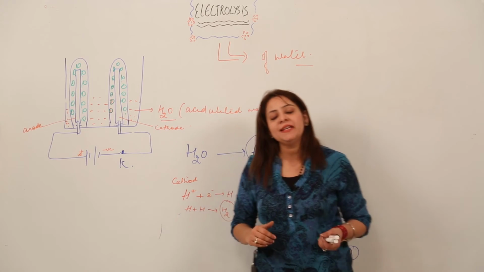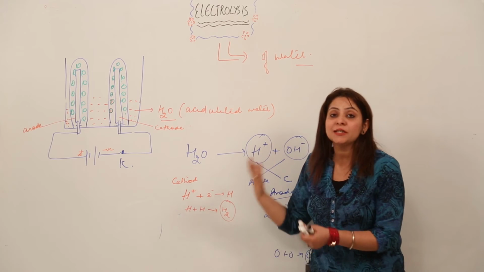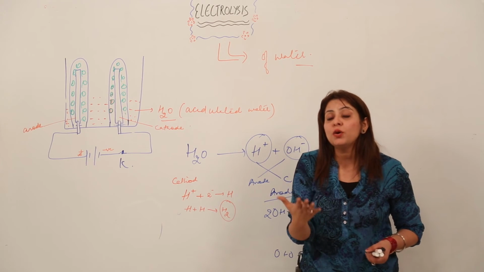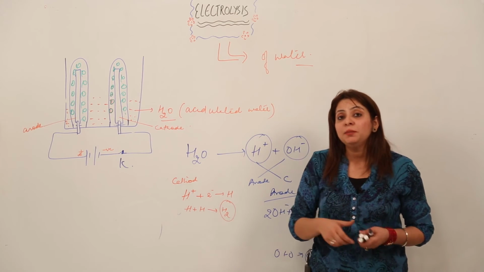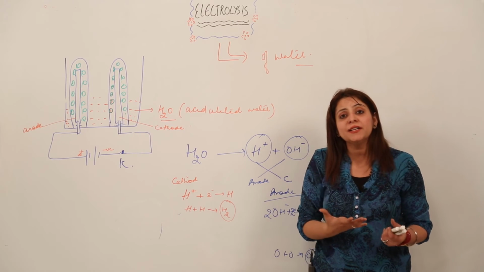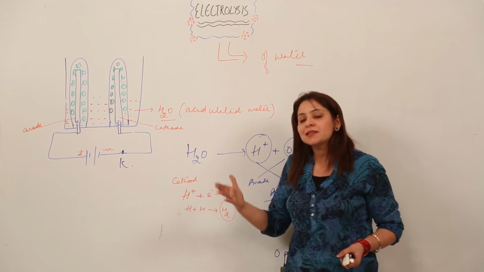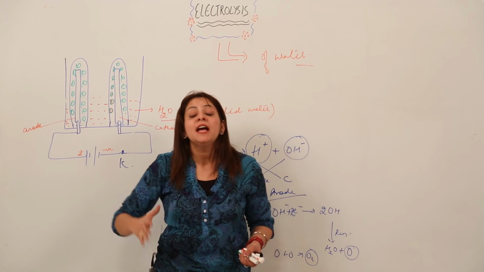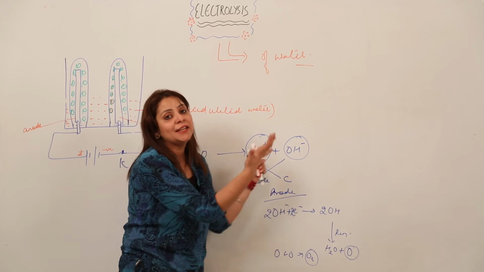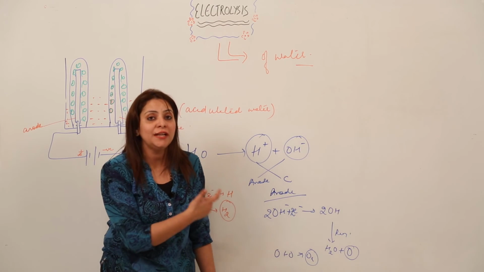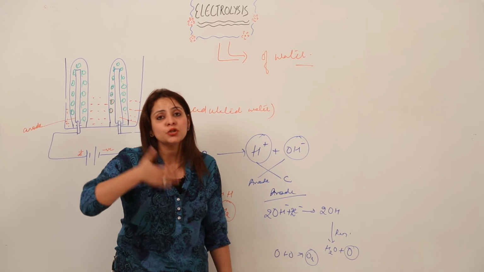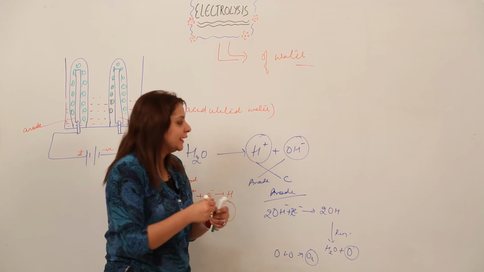The question must be arising in your mind: where has the acid gone? I haven't mentioned the word acid. We know that the acid too has the power to dissociate. So is the acid getting dissociated or not? You should know that yes, the acid is also getting dissociated, but as we know the discharge potential is lower for the hydrogen ion and the hydroxide ion. That is why I have written only hydrogen and hydroxide ion, and likewise they are getting discharged. See, I will write again for you.